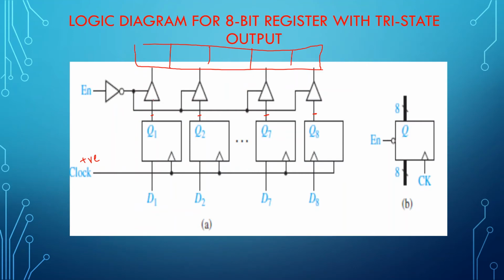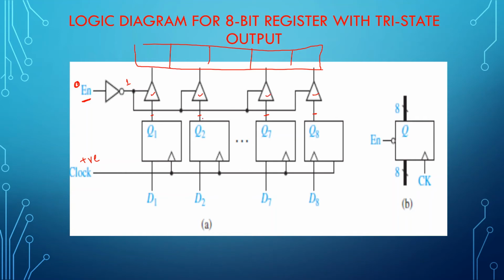But this path what you have connected here is being controlled by you. So if you want the data to be moved from the first set register to the second set register, you need to make your enable active low. Because there's a bubble here, right? So you need to give 0 here. Once you give 0 here, the output of this will be 1. This 1 will enable this tri-state buffer, this one, and this one.